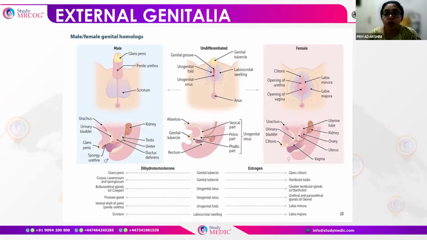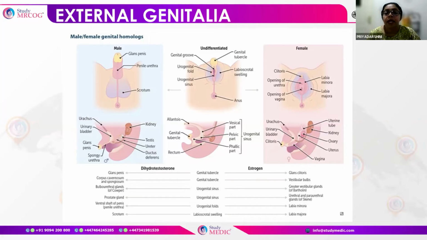One more important topic in the urogenital system is the external genitalia. In the external genitalia, again, the important points to remember are what is the origin and what are the counterparts in the male and female. Going ahead, we have the genital tubercle, which is under the influence of either dihydrotestosterone